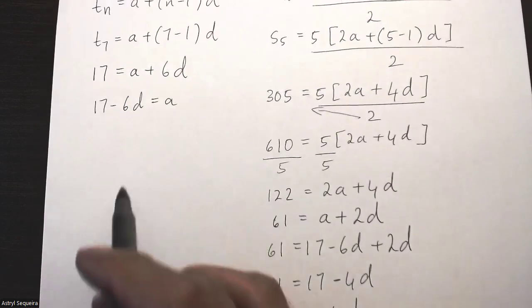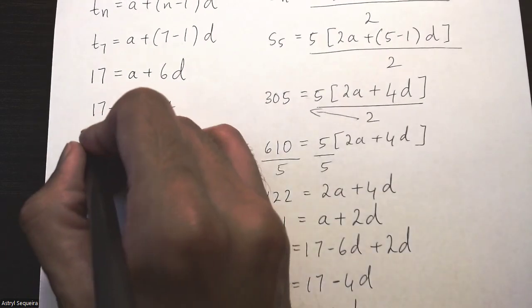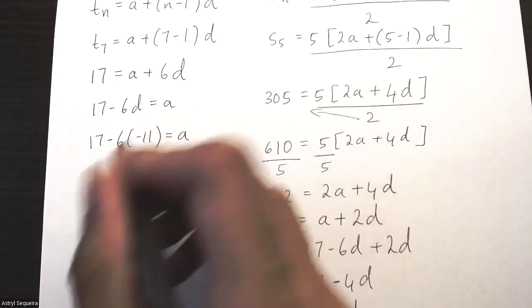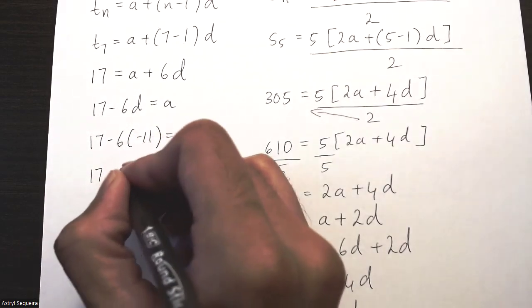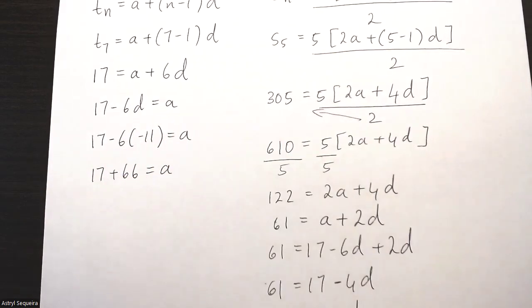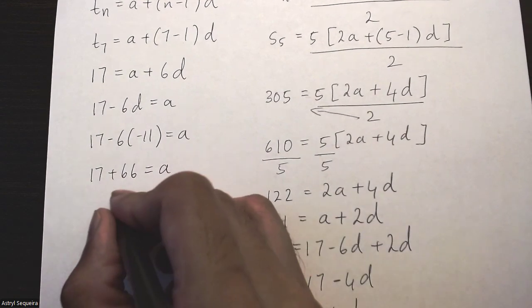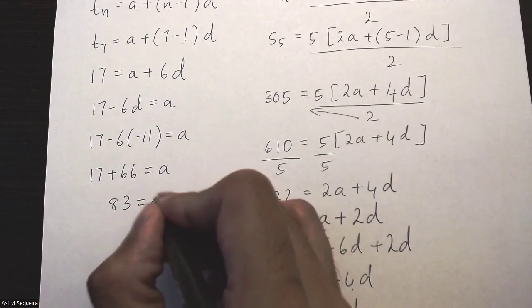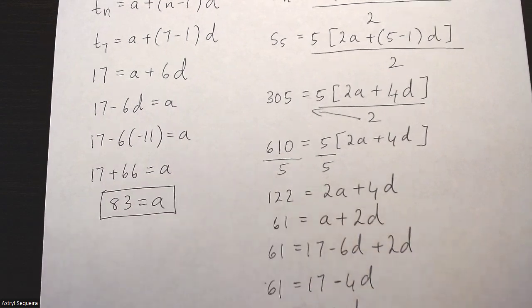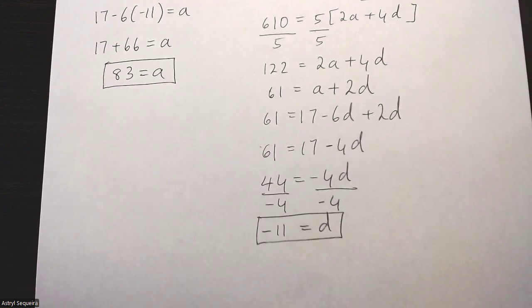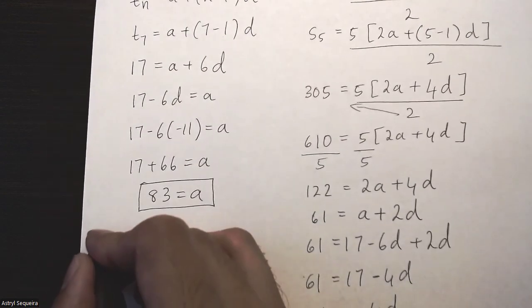Next, I'll come back here and I'll sub in my D to calculate my A. So 17 minus 6 times negative 11 equals A. 17 plus 66 equals A, which means that my initial term is 83. Now that I have my initial value and my common difference, I can do my general term equation again,